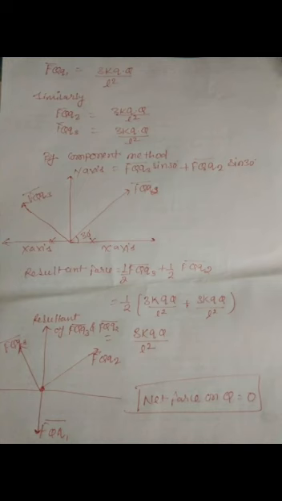So on the y-axis the force will be FQQ2 sine 30 for force FQQ2, and for force FQQ3 it will be FQQ3 sine 30, and the resultant force will be added. Now simply we are adding here: FQQ3 sine 30 plus FQQ2 sine 30 on the y-axis. Why have we taken sine 30? Because theta is given as 30 degrees.